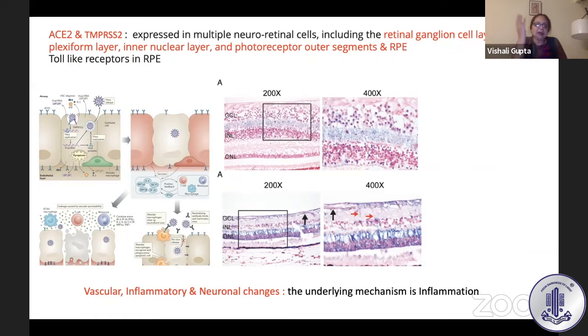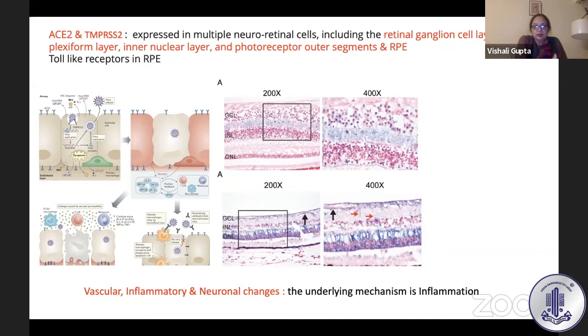Now, after multiple reports of them being present or absent, it has eventually been beautifully shown that both receptors are expressed in neuroretinal cells, mainly ganglion cells, inner plexiform, inner nuclear, and photoreceptor outer segments. We also know that RPE has toll-like receptors, and it could be another one which might get involved by